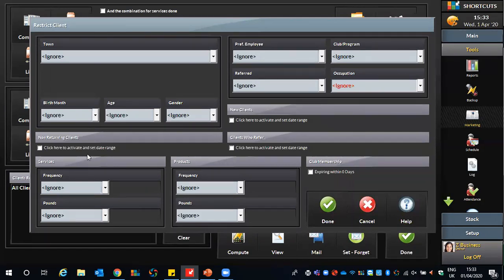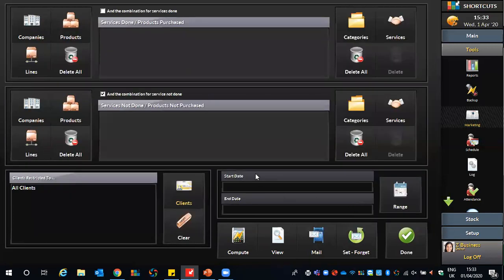Now, you may be familiar that when we were looking at our ongoing campaigns, we do have these 3 ongoing campaigns set out for you. However, if you wish to change maybe the send schedule or the amount of time left in between appointments for non-returning clients, this is where you would do it. So Craig, I know you asked, this in particular would help yourself out. Okay, so you could send a campaign out via this way as well. So there's some fairly easy and straightforward ways to target your clients. But what we're going to do now is we're going to take it one step further and make it a little bit more in depth.